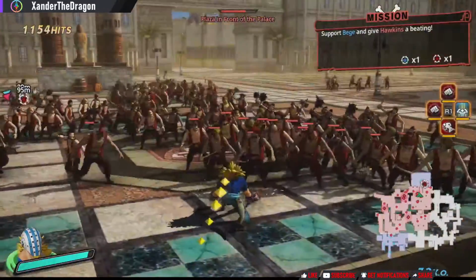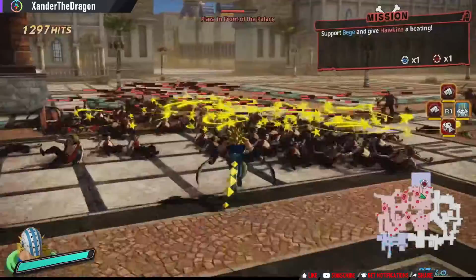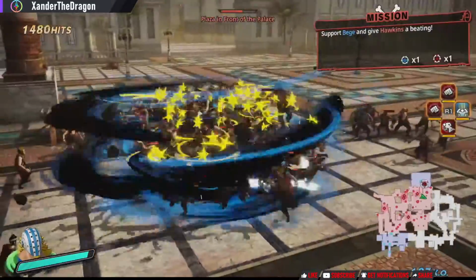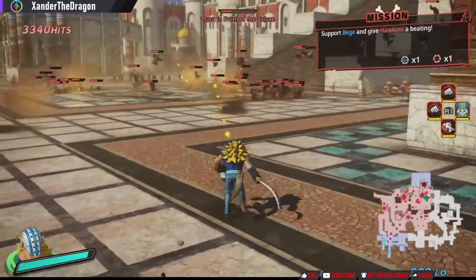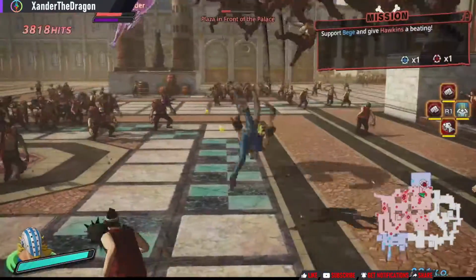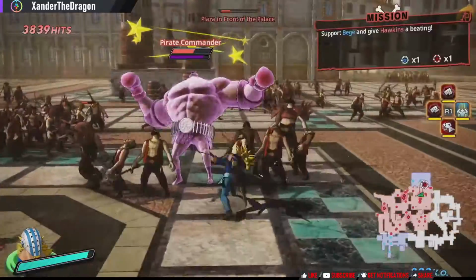So it's a square triangle combo again. Here's his square square triangle combo with a triangle thrown in afterwards. Here's his full triangle by himself. Here's a 3 square combo with a triangle, 4 square combo with a triangle,